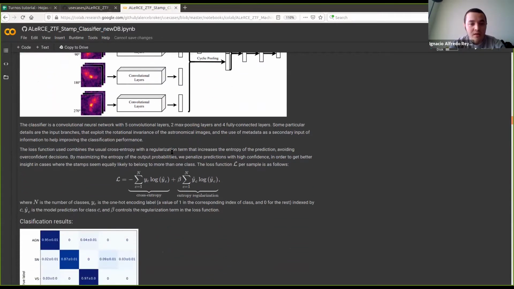And the cost function that we're using has 2 terms. The first one is called a cross entropy, which is very typical for convolutional neural networks and for classification in general. And the idea is to minimize the classification error. And we add a regularization, an entropy regularization that tries to avoid